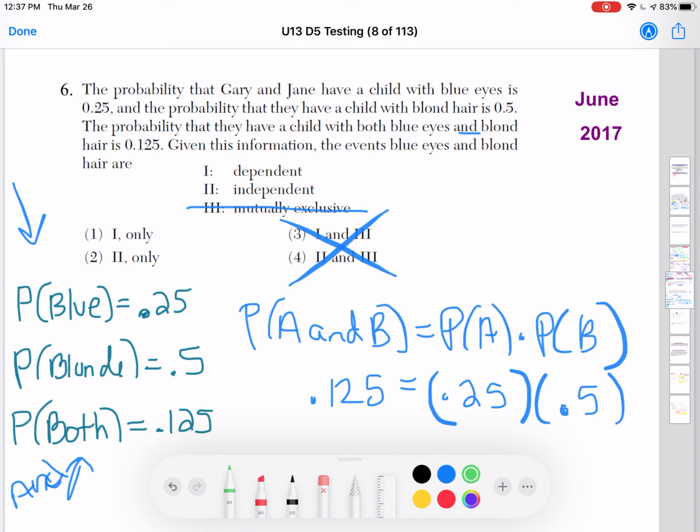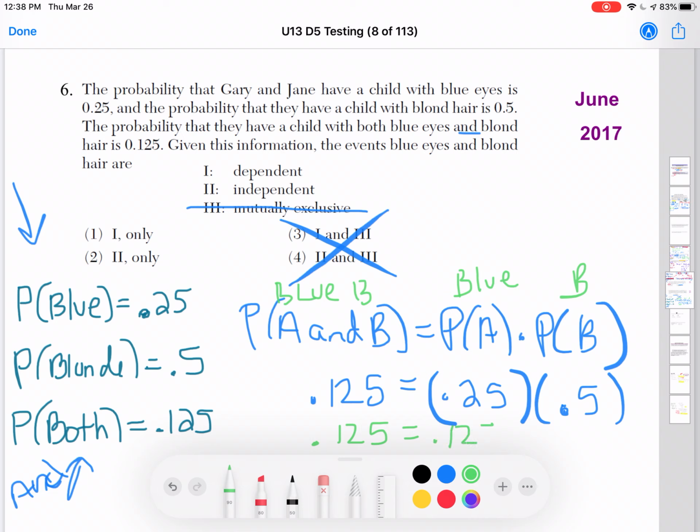And you can go above and put blue, blonde. Oh, see, they make this so hard because it's like the same spelling. Okay, so blue and blonde. Blue and blonde. You can put them right above. All right, so let's see what we got. 0.125 equals